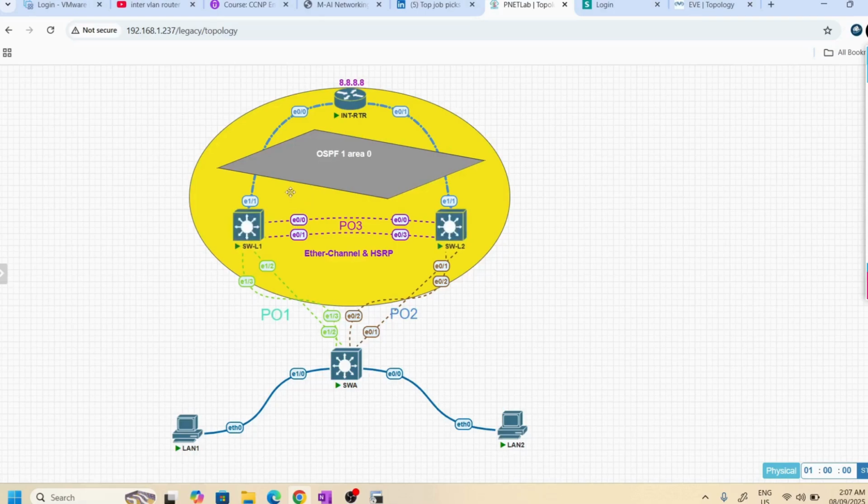So HSRP will track this uplink and say, hey, the link forwarding traffic for me is down, so please ask my standby router, he will help you. I'm just giving a daily-life talking style, but it's not exactly like this. So HSRP will work by tracking the uplink of this connection. That's why I'm going to use HSRP as well.